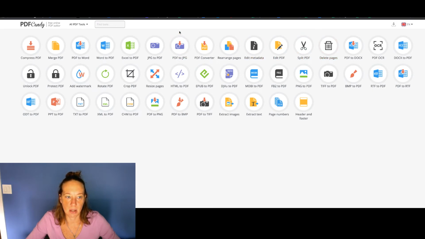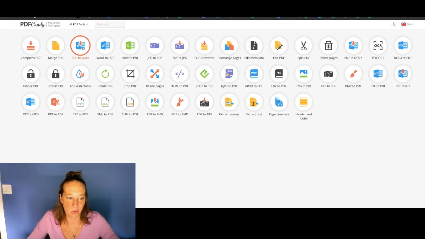My preference here, if I were going to want to do something from here specifically from a document that I want to edit, I would probably want to do PDF to Word, because then it will export as a Word document, and now I'm able to